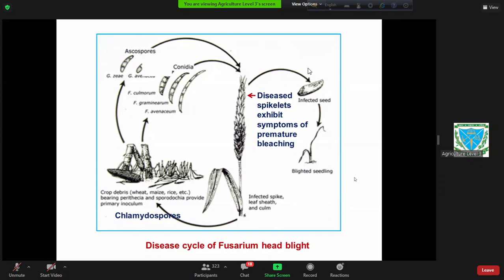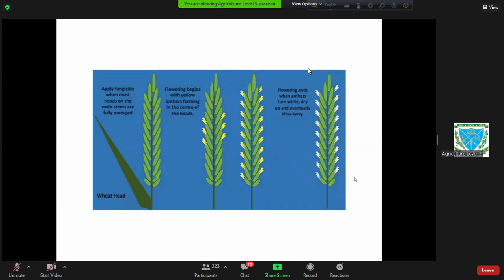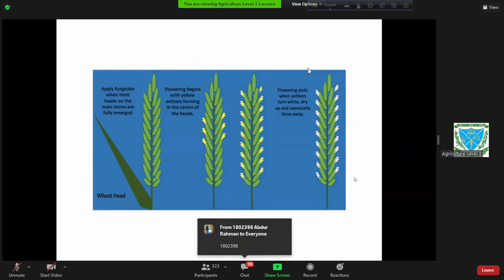In a way, head blight, Fusarium graminearum can complete its life cycle. Here you see the slides showing you some basic things: how you can identify whether flowering is completed or flowering has started. So you see, no flowering,